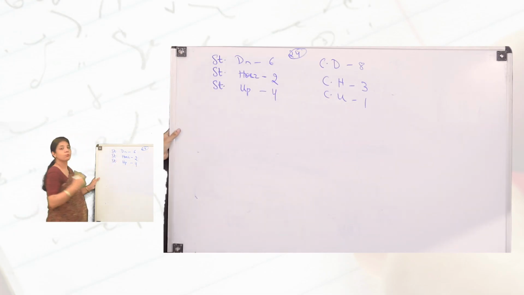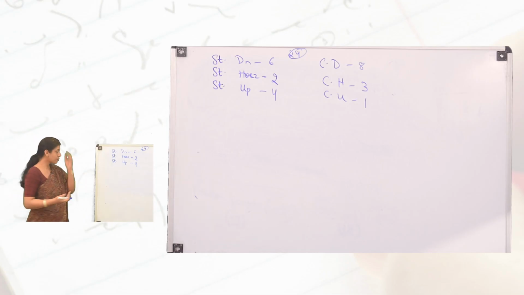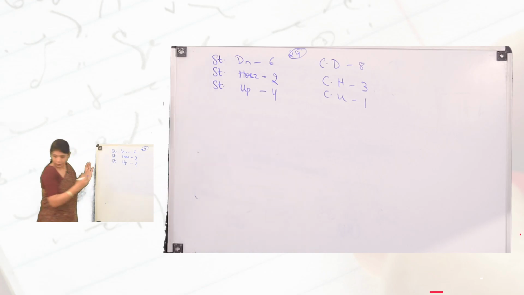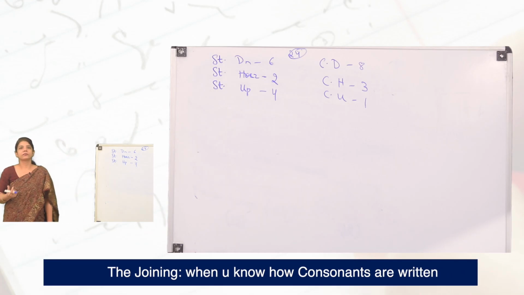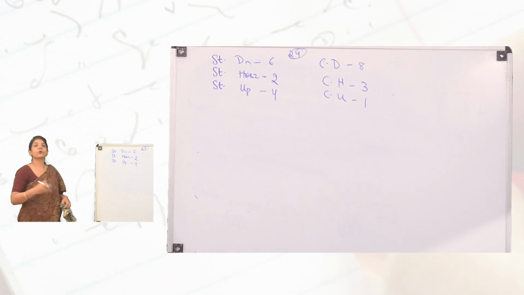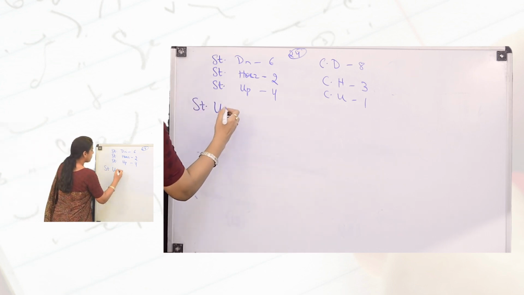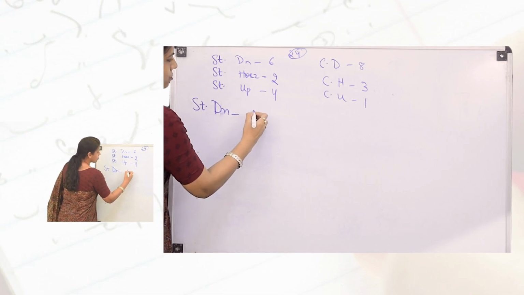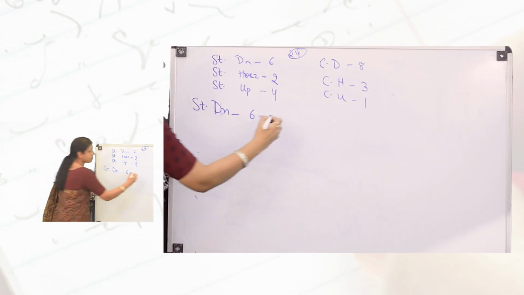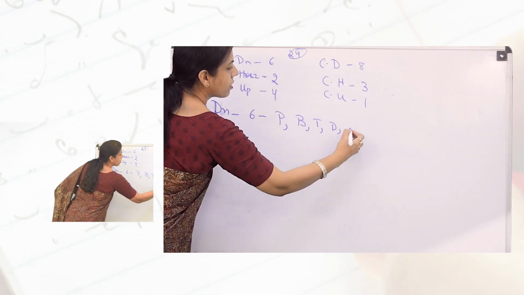Now moving to the most important thing, the next thing after learning consonants: the joining. And you will be able to do the joining only when you know how each consonant is particularly written. You should know the signs for each and every consonant. So to begin with, straight downstrokes: there are 6 straight downstrokes, and the names of these consonants are